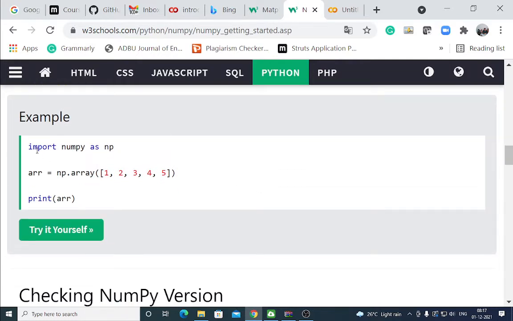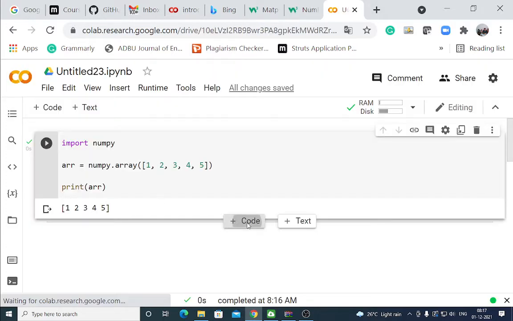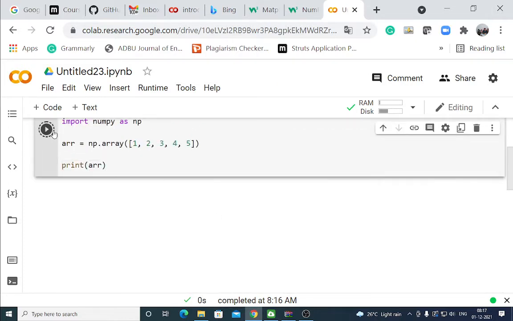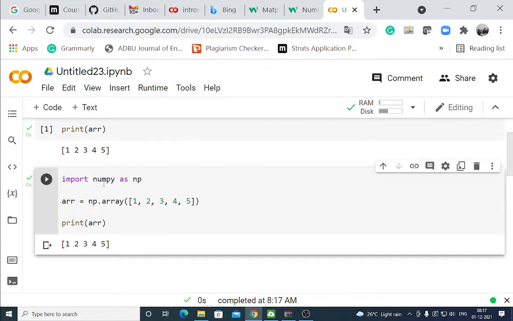Example, it gives the same output, but you can alias numpy as np. Rename.